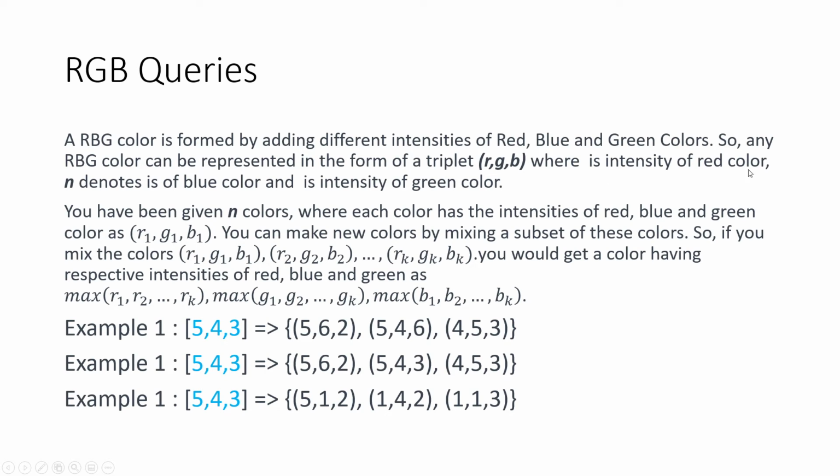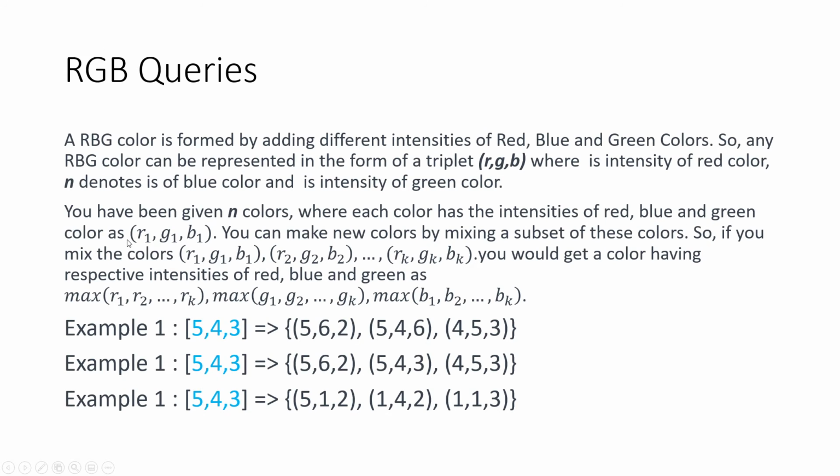R is the intensity of color red, and B denotes the blue color. I think this is incorrect, where R is the intensity of red color and G denotes the intensity of green color, something like that. Read the question from HackerRank. This is wrong. So you have been given n colors, where each color has the intensities of red, green, and blue colors